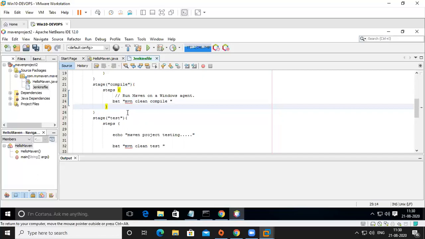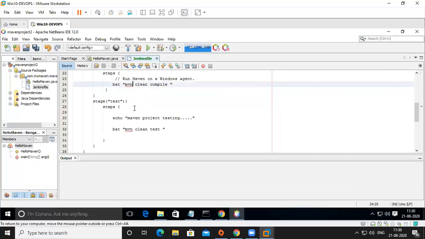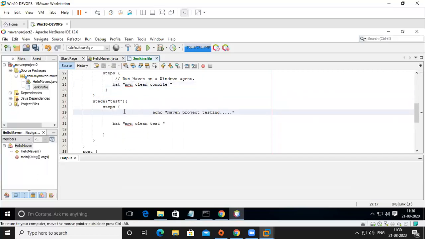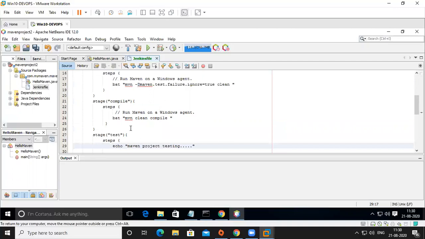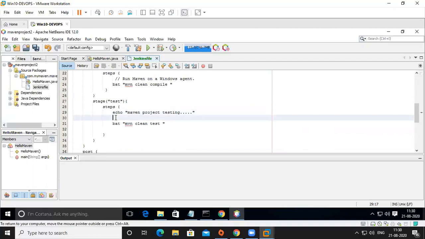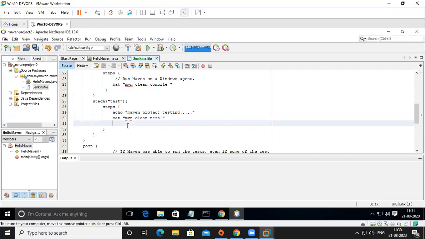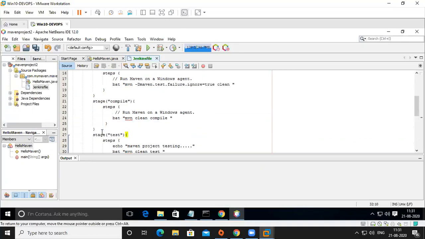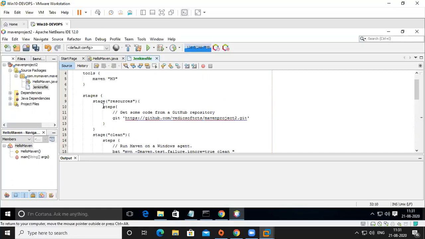Okay, this stage is completed here. Okay. This is a test stage. I put a project testing like this. Like you can give these echo commands one by one if you want. Otherwise, you can leave it. Okay. So I'm executing this on Windows. That's why I'm getting it like this. Okay. Now this part is completed, and it completes this stages part also.